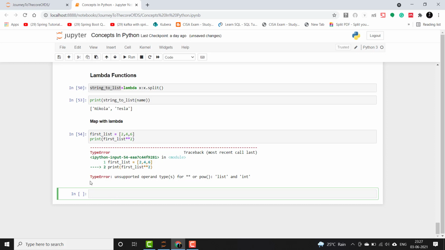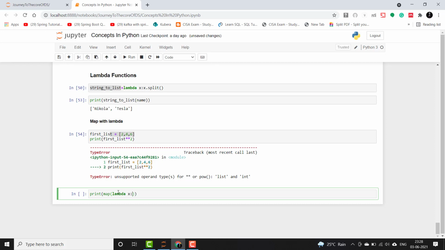So let me first tell you what a map is. The map function returns a map object, which is an iterator of the result after applying the given function to each item of that iterable, which can be a list or a tuple or anything. In this case we have this list and we can apply that. Let's say we want to apply a map function and it will have a lambda in it.